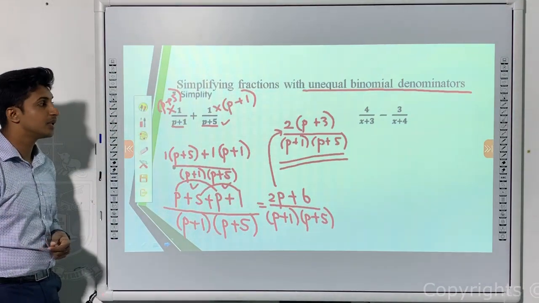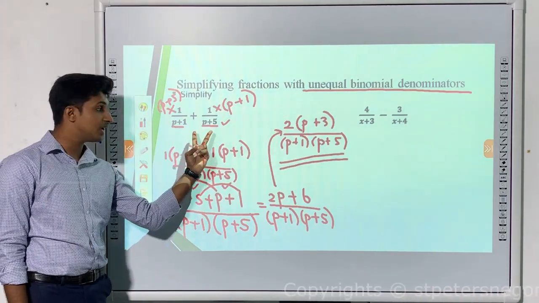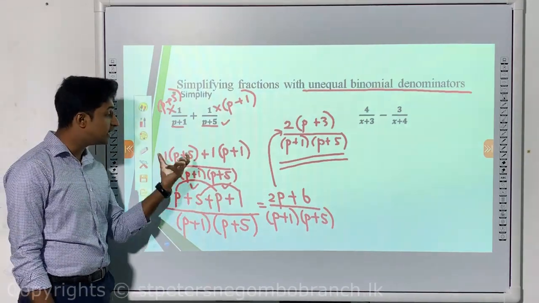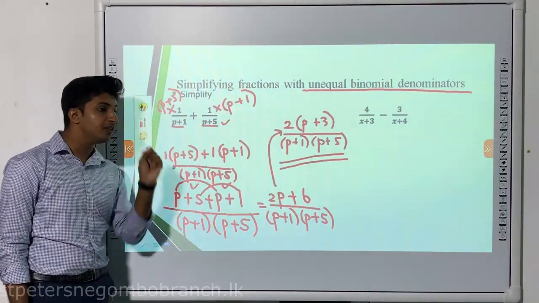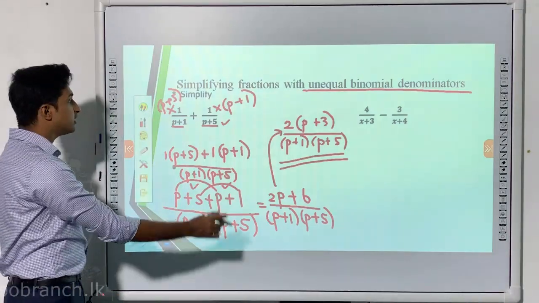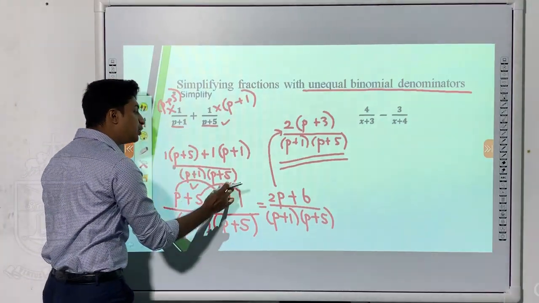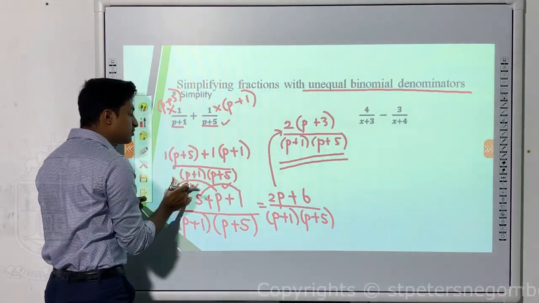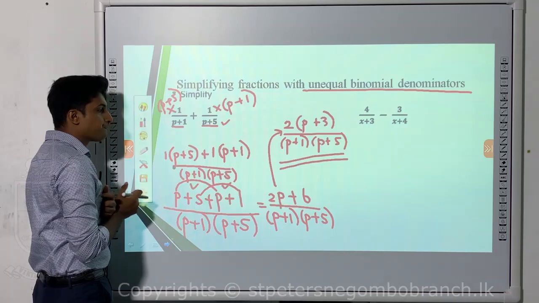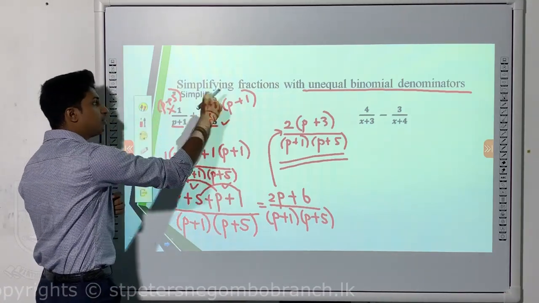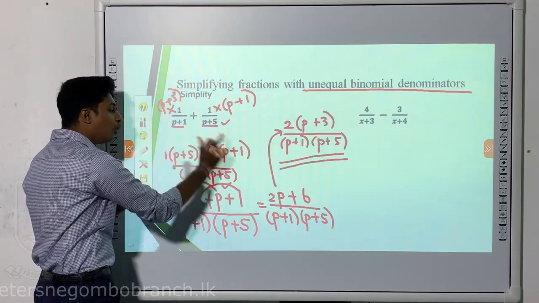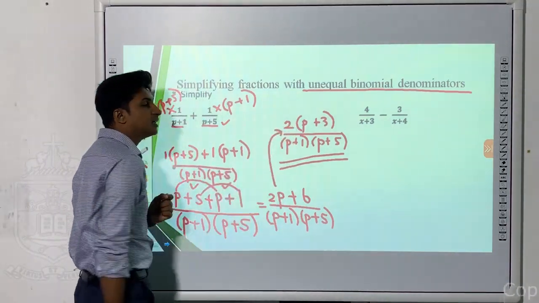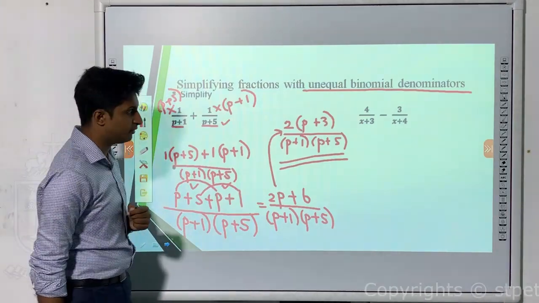Okay. Check this very carefully. I have 2 different denominators. Take both the denominators. Okay. And then check for each fraction which term is not there. If I consider this one, I have p plus 1. I don't have p plus 5, so I am giving p plus 5. For this one, I have p plus 5, so I have to give p plus 1. Then they will multiply separately. We have taken those 2 parts. Open the brackets, simplify. You will get a simplified answer. If you can further simplify, you have to further simplify the given value. Okay.